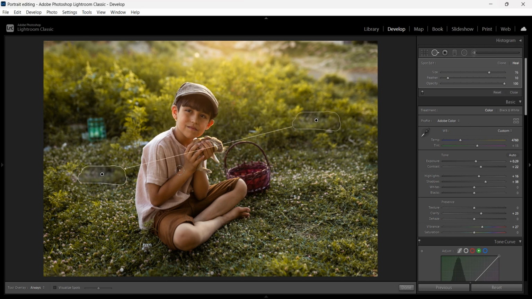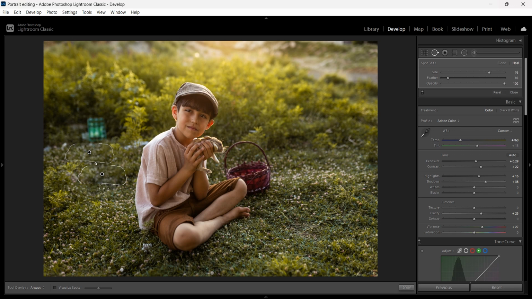So it took the sampling area from here. I can also match it, move it around and sort of match it, so you don't have to use the same area. You can move the area and match around. And for this area, you can see there's a transition going on between the softer focus as well as this